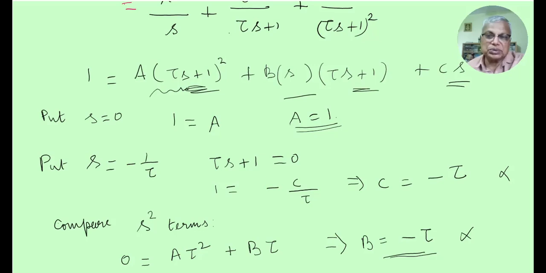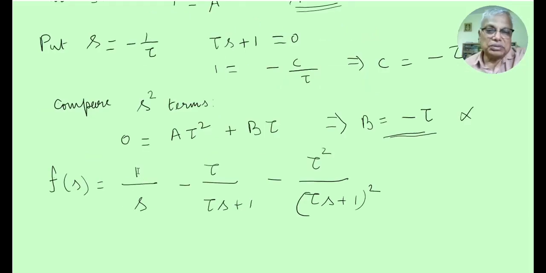So let me substitute all these things in the term. After substituting a, b and c, you get f of s equal to 1 by s. This is for a term. Second term is b is minus tau, so minus tau by tau s plus 1. C is also minus tau,